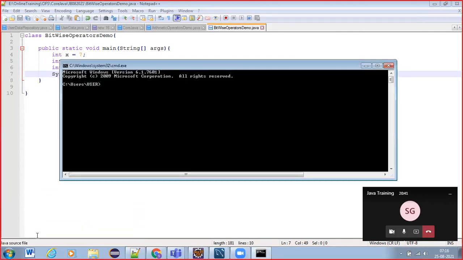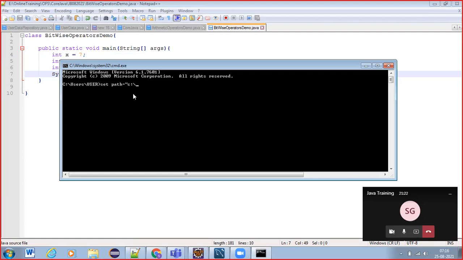So first, what should we do here? Tell me. Yeah, guys, what should we do? Yeah, very good. Set path. So the command that we need to write here is set path. And what should we write? To where do we need to set the path?